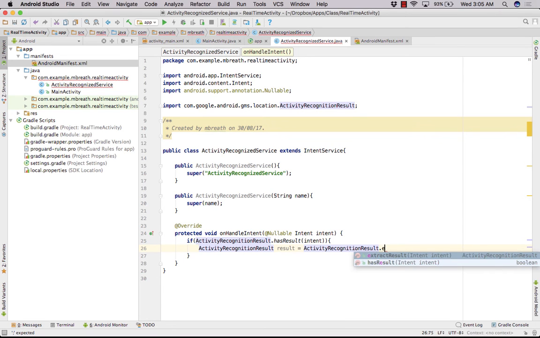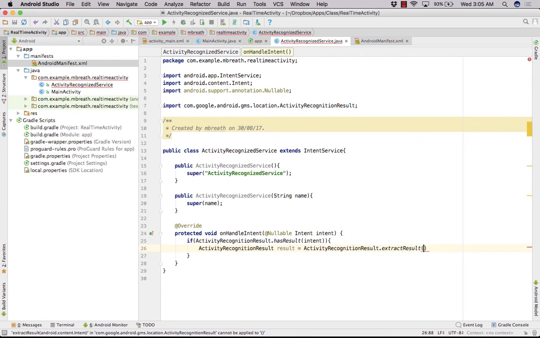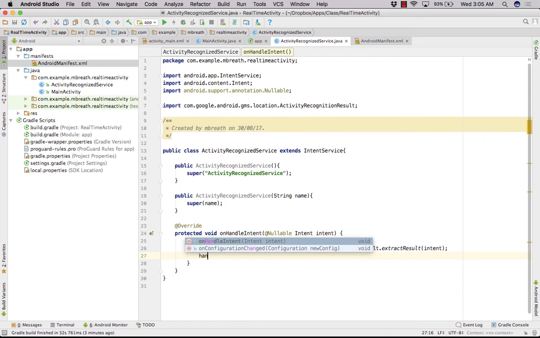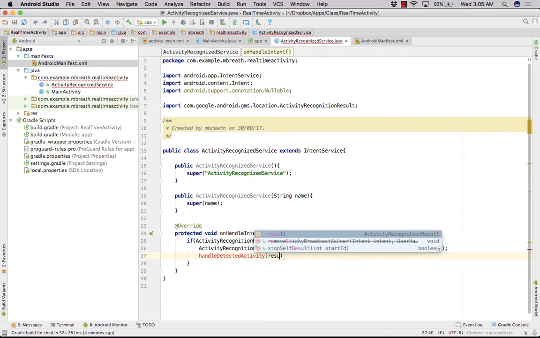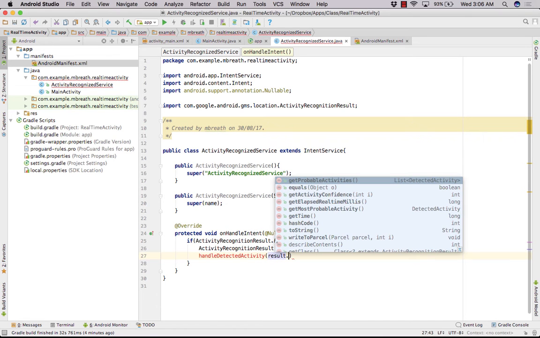We can extract this result from the intent, and then we are going to call another handle method, so I'm going to give it the name handle detected activity, perfect. So this could be the result dot get probable